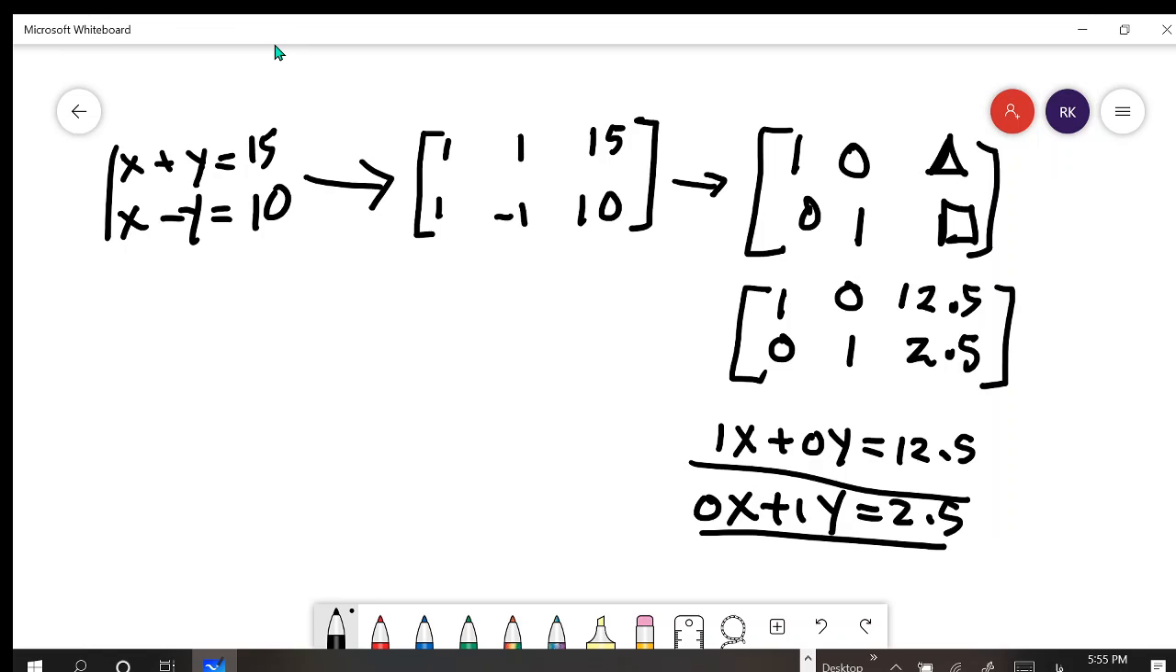It works for 3 by 3, for 4 by 4, for any matrix, and I'm going to show you some examples. Okay, so what's another way to do this? Another way to use matrices to solve systems of equations would be to,